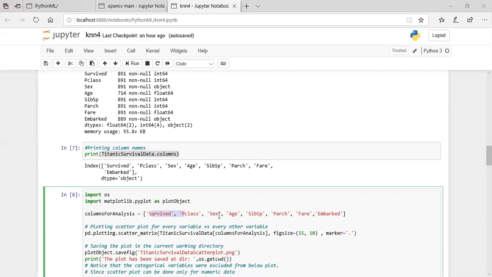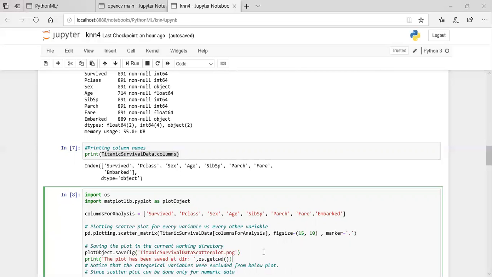For column analysis, passing the figure size 50, 10, with marker as a dot. This plots a scatter plot for every variable against every other variable. We save the plot in the current working directory as an image, Titanic survivor scatter.png.